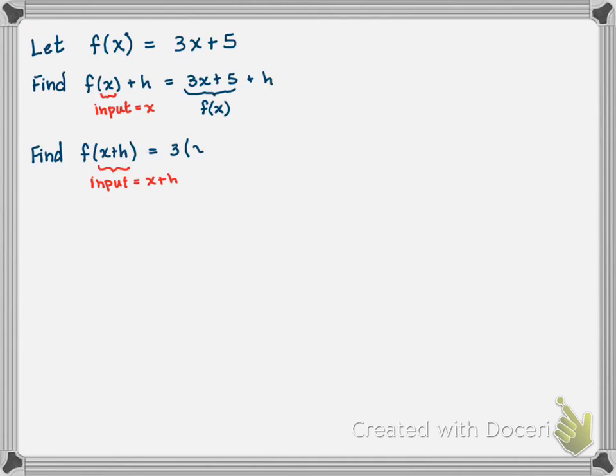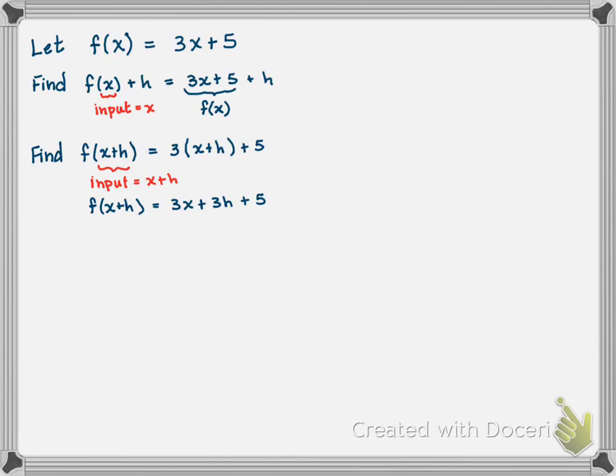So I'm doing 3 times x plus h plus 5, because my rule says multiply your input by 3 and then add 5. So I take that whole thing in parentheses, multiply it by 3, and add 5. So we end up with f of x plus h equals 3x plus 3h plus 5, which contains some of the same terms as the previous one,